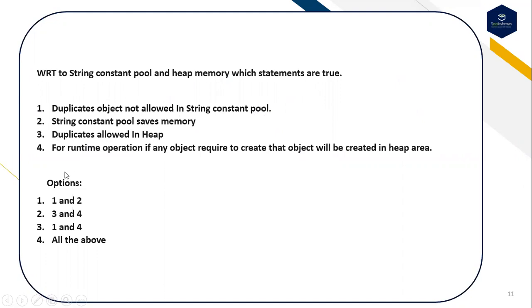In the same way, the second line, String s1 = new String("sukshmas"). Again, it will go here. An object with the value sukshmas is already present in the string constant pool, so there is no need to create a new object here. Why? Because duplicates are not allowed here. But in the case of heap, it will create a new object with the same value sukshmas. Why? Because we are using the new keyword.